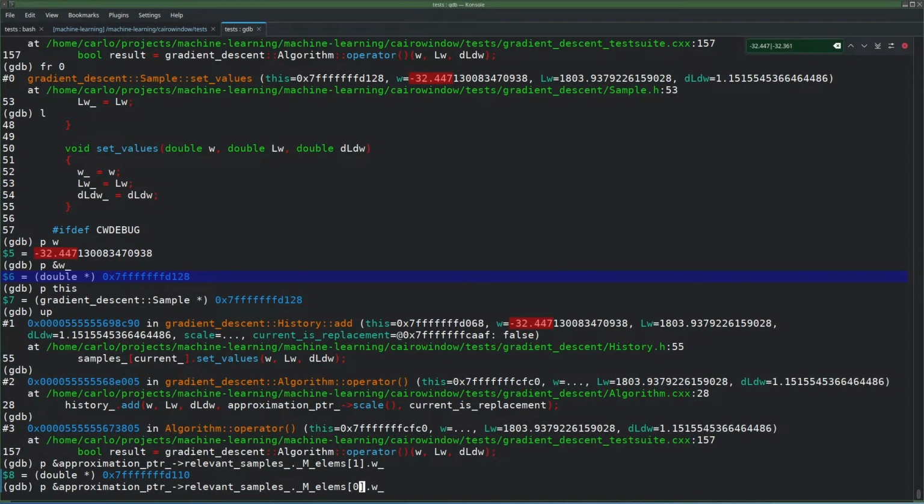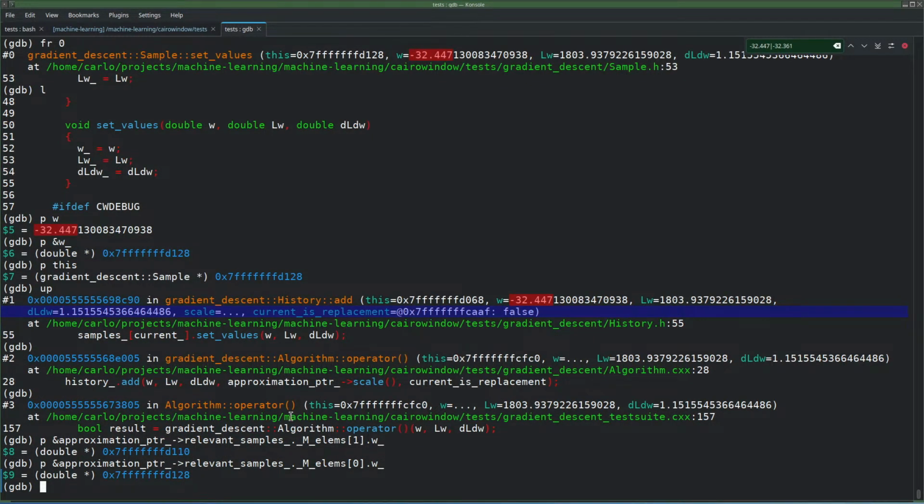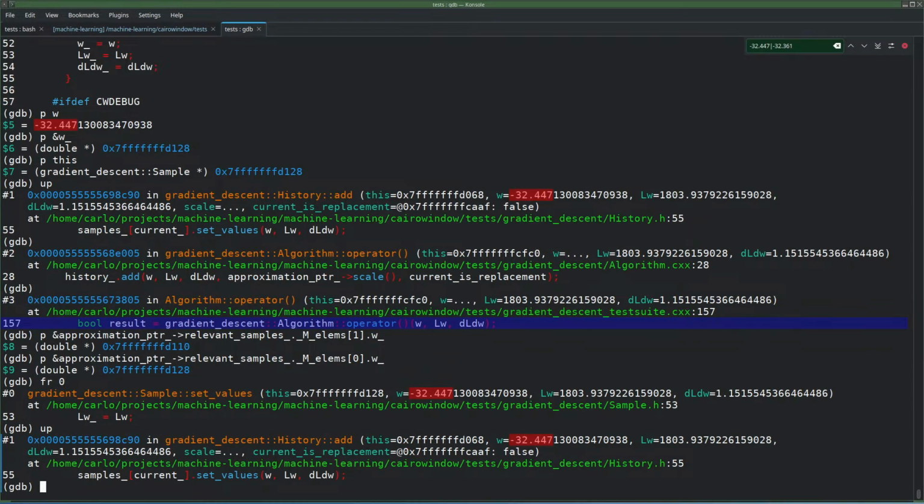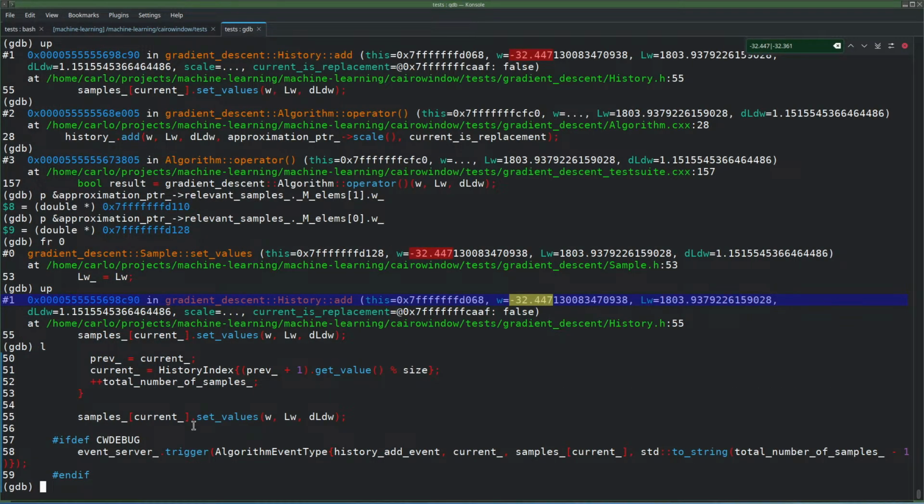Both. Yeah, it is the one, address 0. So index 0 is being changed apparently. Here. And that is done by writing to current. And current is